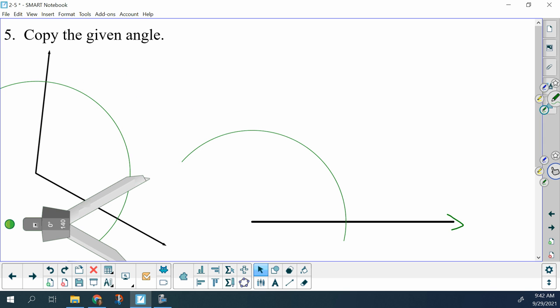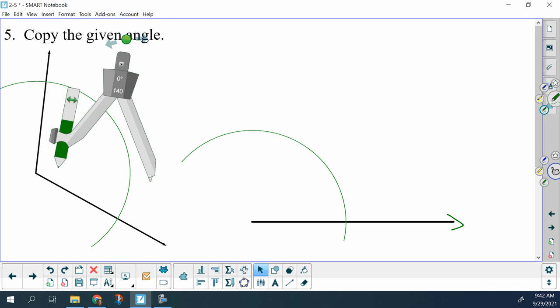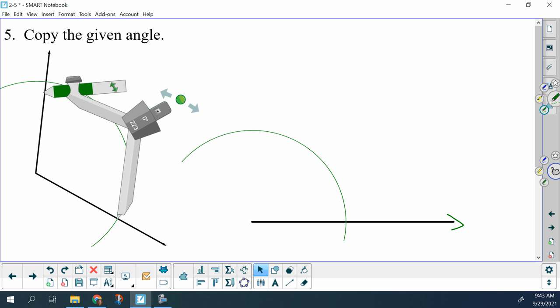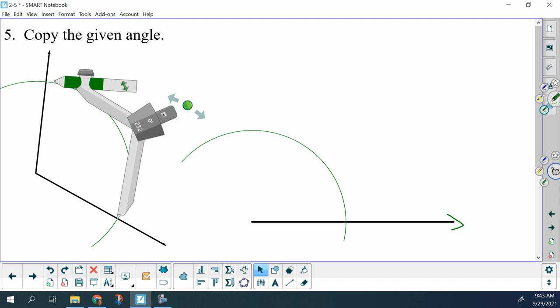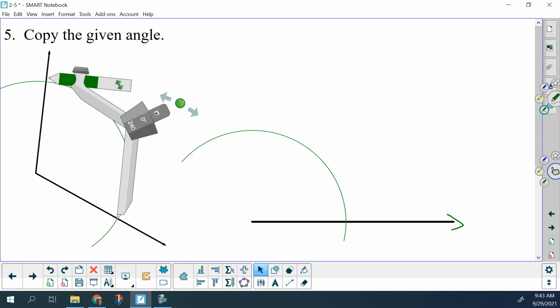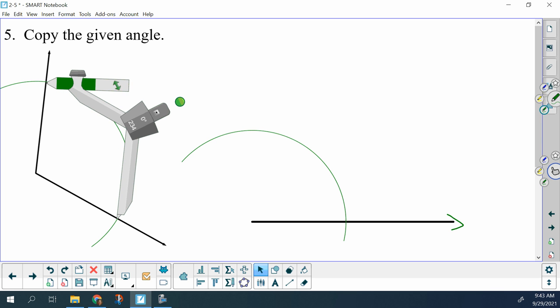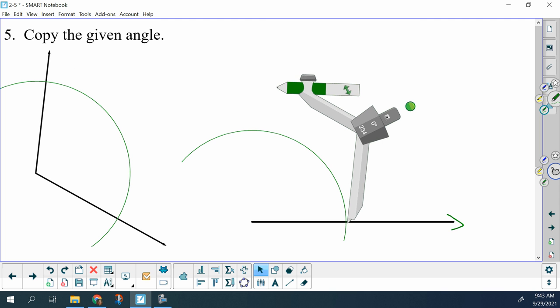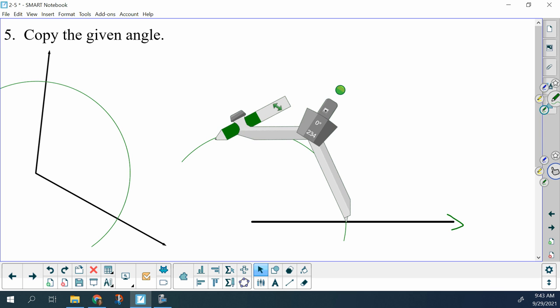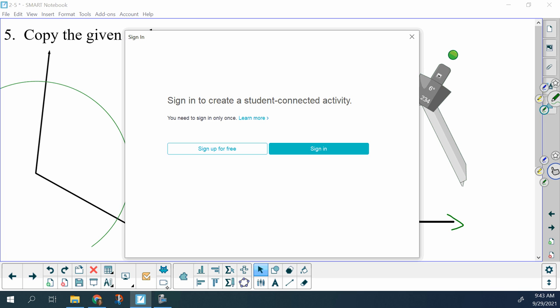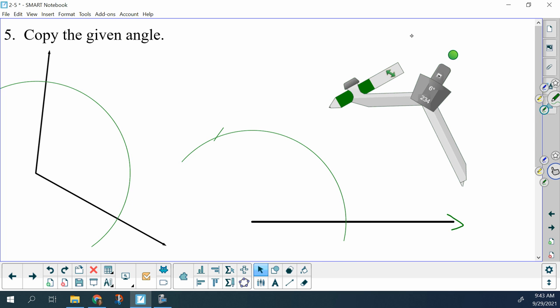I'm going to measure the opening, the arc we just made. Slide to the new one. Mark. Oops, what did I hit? And then vertex through the